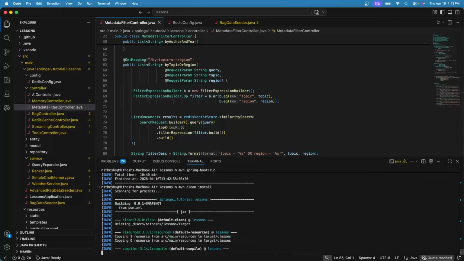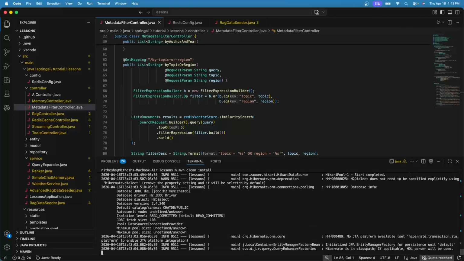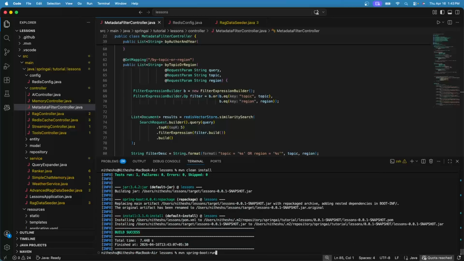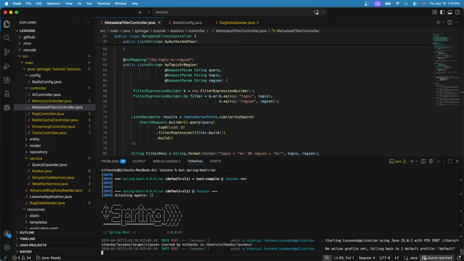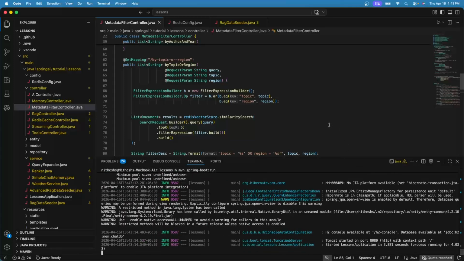Build and run. So we are expecting documents with the topic or region that we pass in the API request parameters.